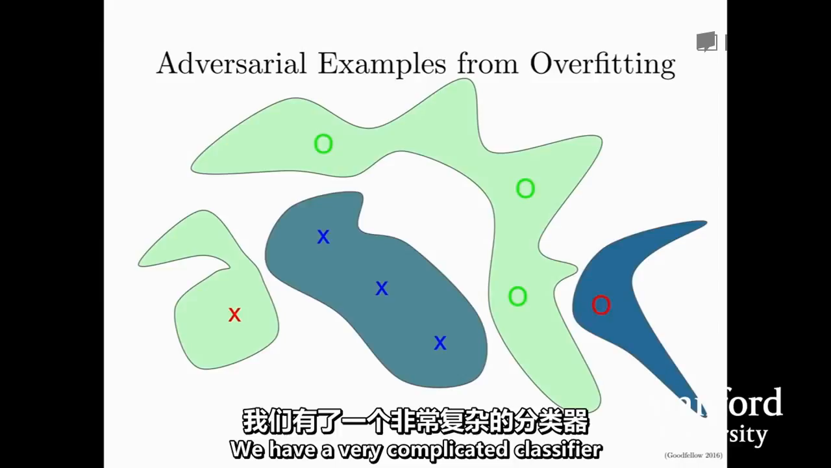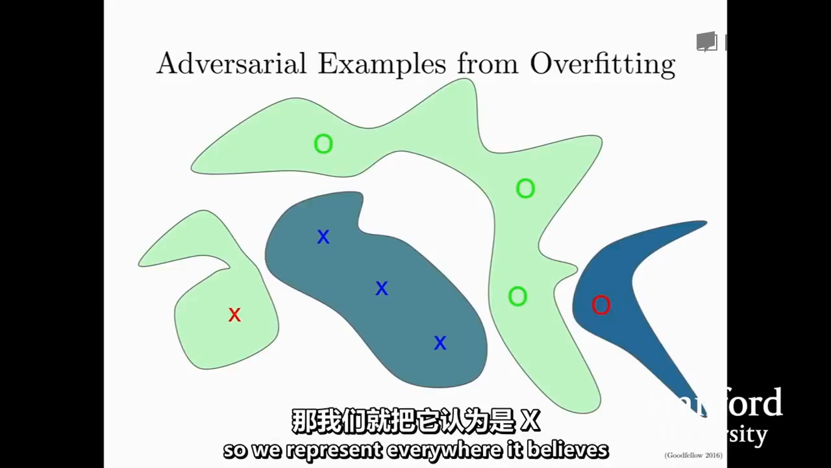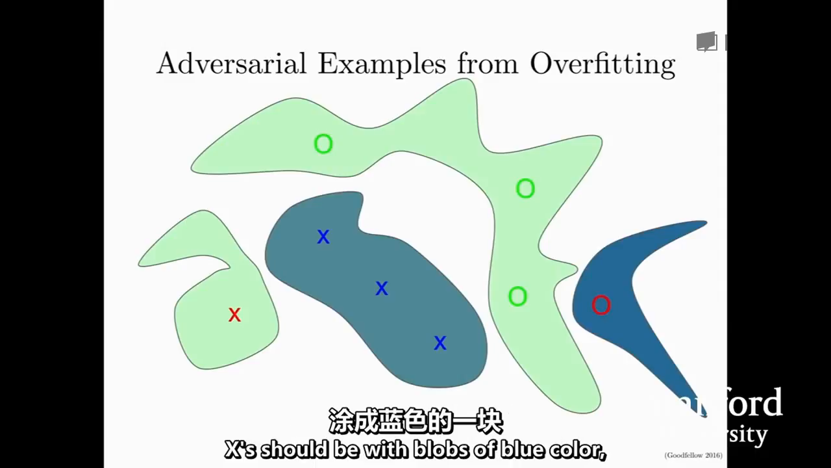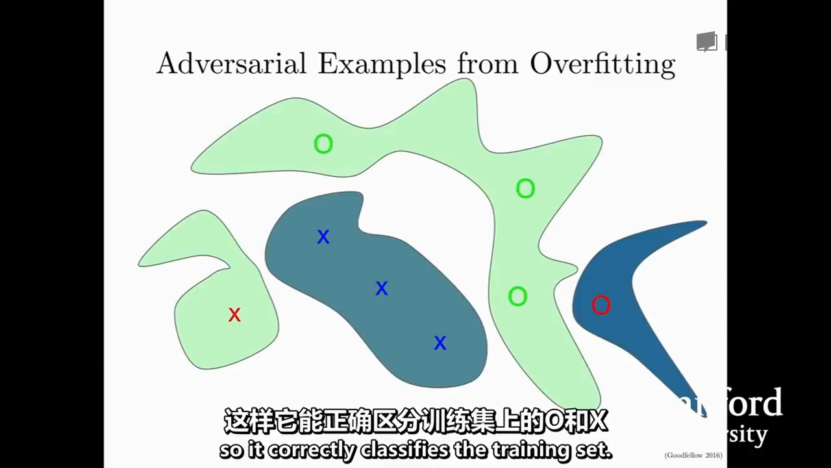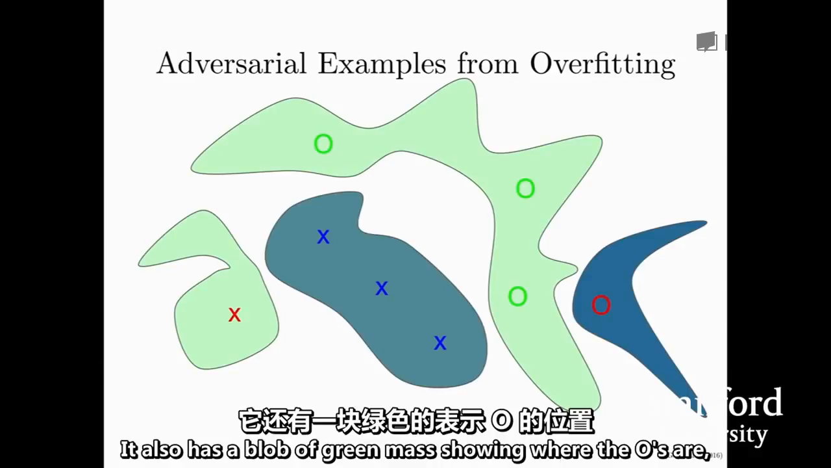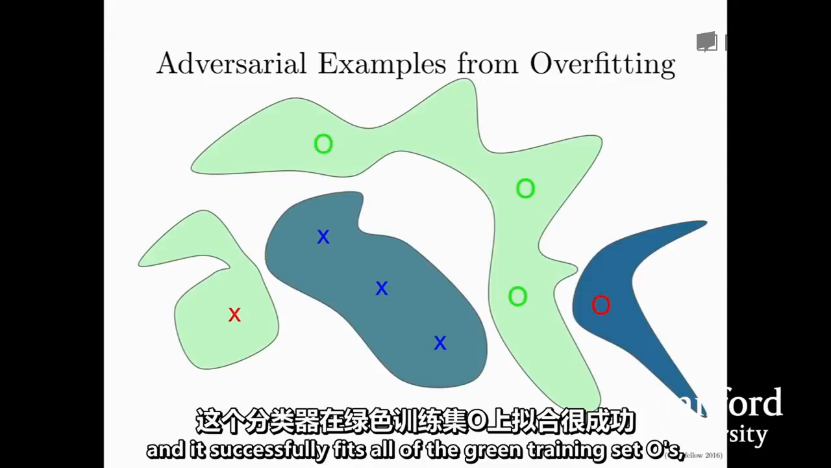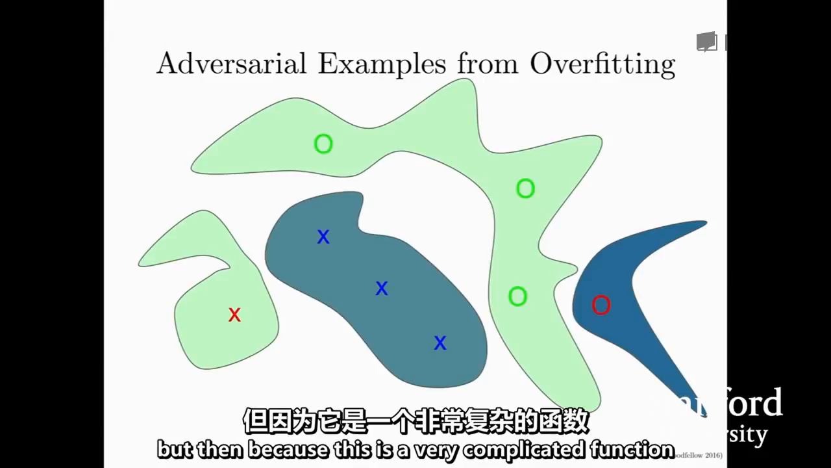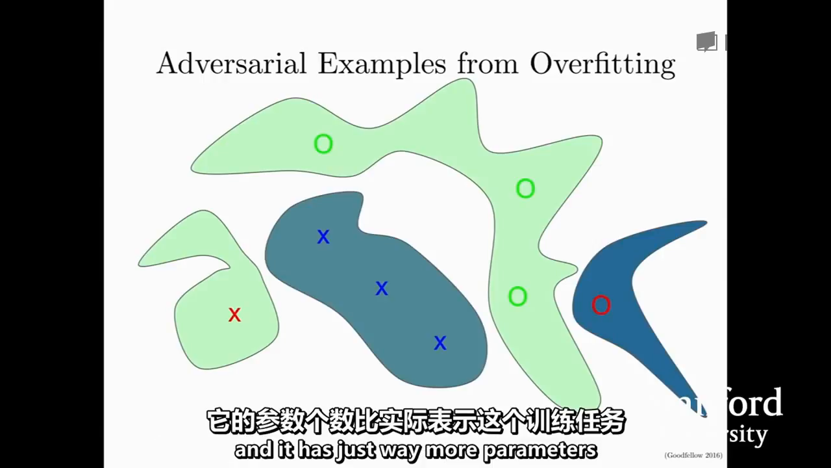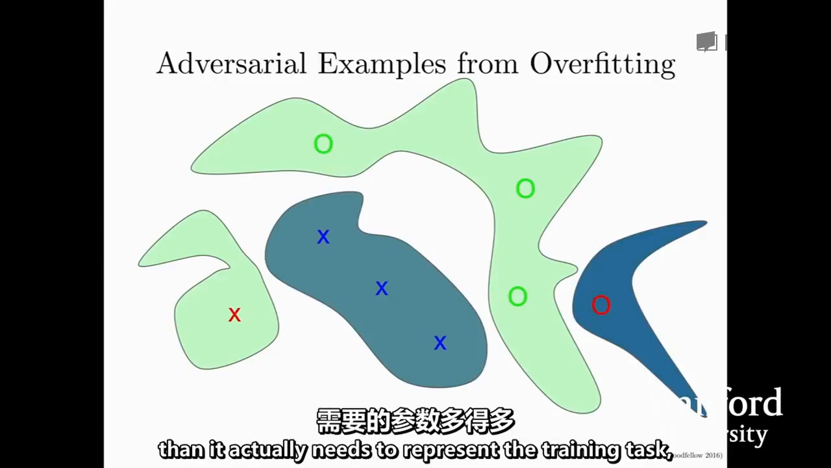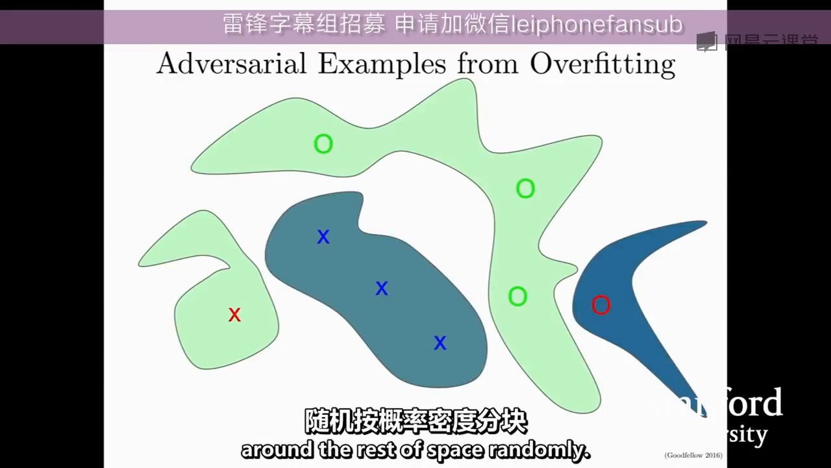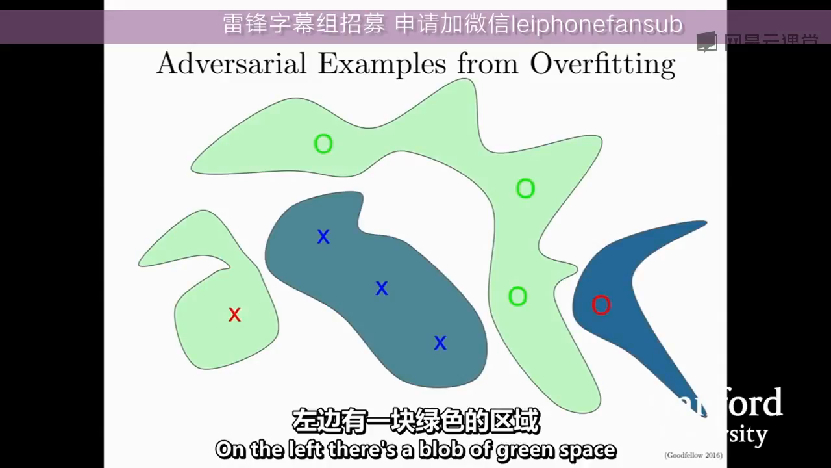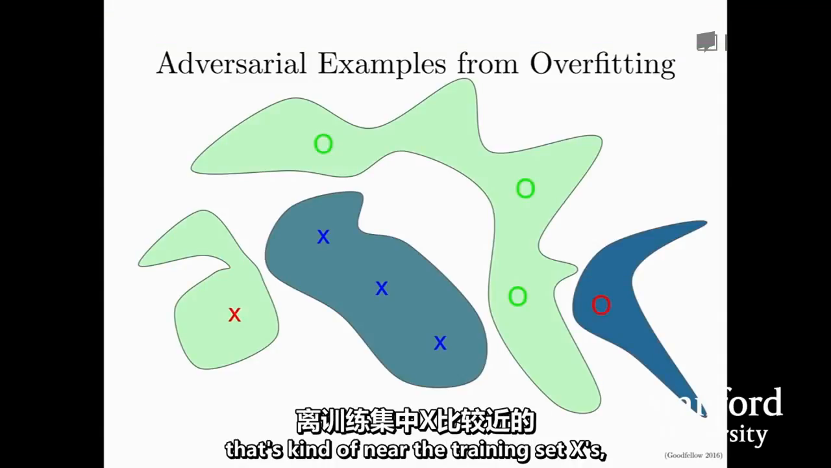We have a very complicated classifier that can easily fit the training set. So we represent everywhere it believes X's should be with blobs of blue color. And I've drawn a blob of blue around all of the training set X's. So it correctly classifies the training set. It also has a blob of green mass showing where the O's are, and it successfully fits all of the green training set O's. But then because this is a very complicated function and it has just way more parameters than it actually needs to represent the training task, it throws little blobs of probability mass around the rest of space randomly. On the left, there's a blob of green space that's kind of near the training set X's,